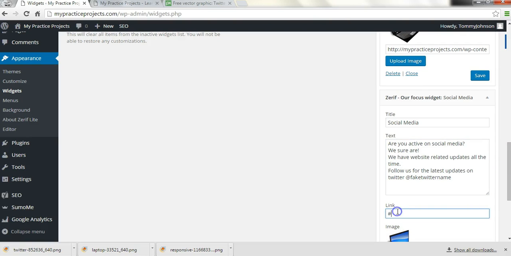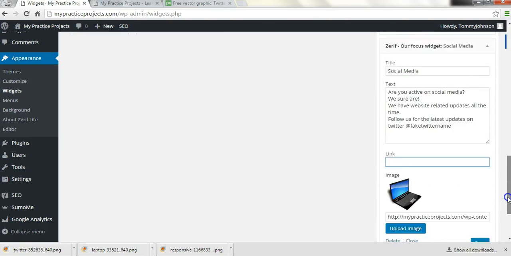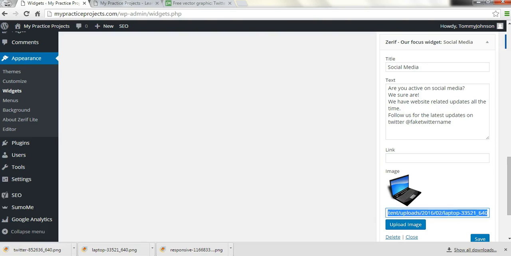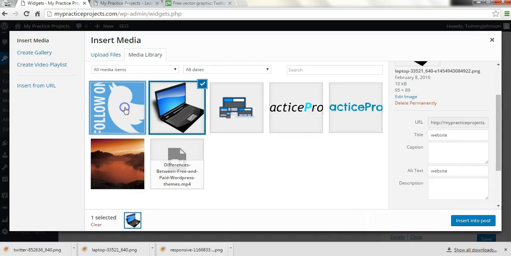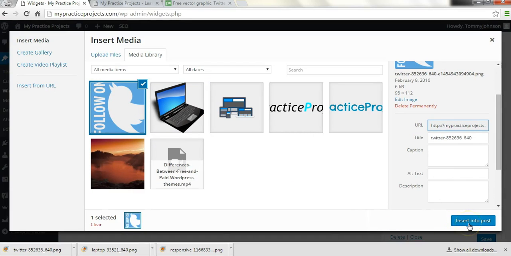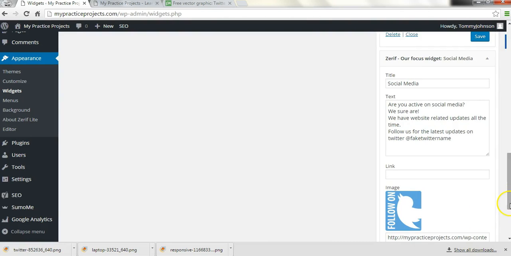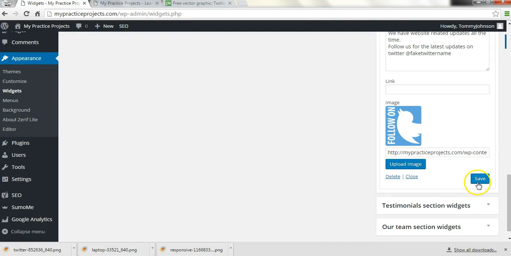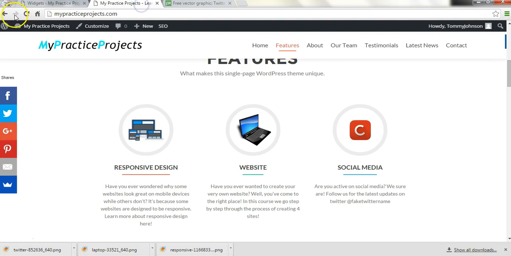Okay, and I'm going to also delete the link placeholder again. I'm going to get rid of the image, and I'm going to upload the social media image that we have, the Twitter one. And again, if you want to help with the SEO text, you can do that. I would fill out all 4 sections, but I'm just trying to be quick so it's not so repetitive for you guys. We'll click Save,